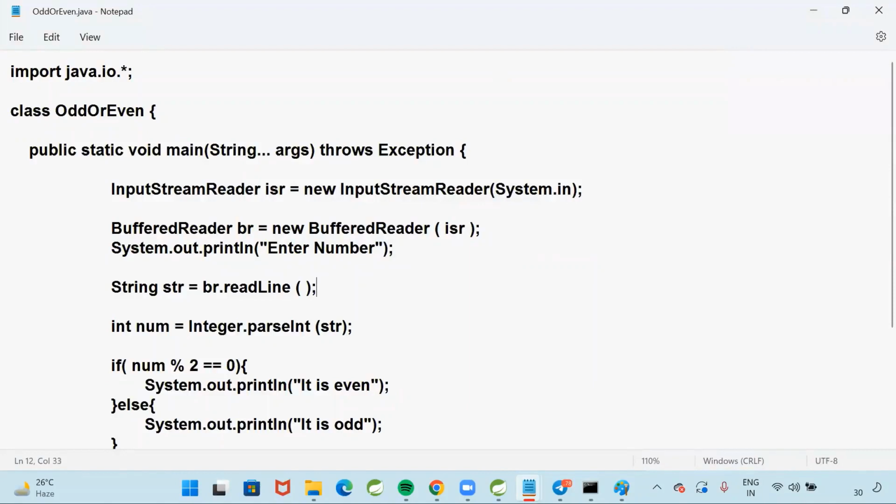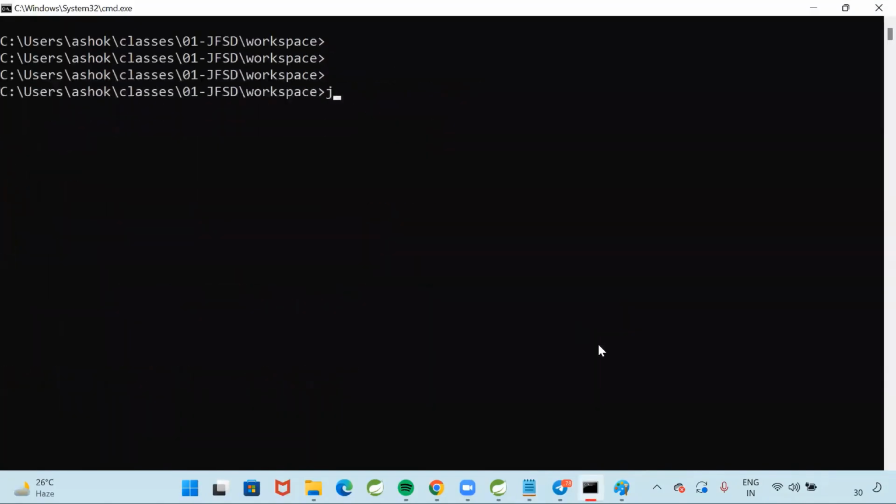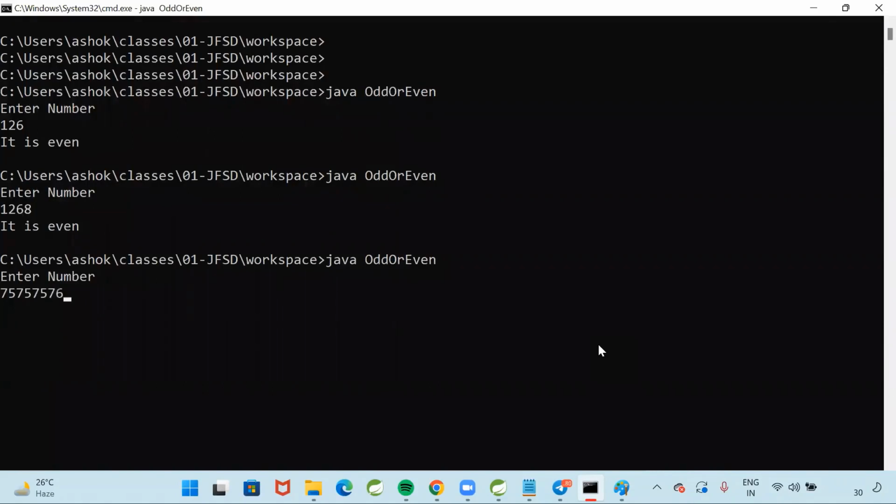Yeah, he wants to test the input with more than 3 digits. Do I need to compile? Can I run? Yes, I'm giving 120, or I'm giving 126. It is even. Now I'm giving 126, 8. 4 numbers I am giving. It is even. So if I am giving some number like this, any number of characters,